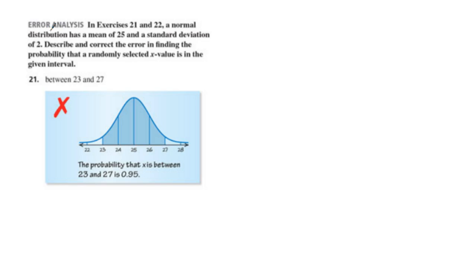So in exercises 21 and 22, a normal distribution has a mean of 25 and standard deviation of 2. Describe and correct the error in finding the probability that a randomly selected x value is in the given interval. So let's solve the question first. The mean is 25, and the standard deviation is 2. If the value, I'm going to use n, even though I'm probably not supposed to use n, is in between the mean plus the standard deviation and the mean minus the standard deviation,